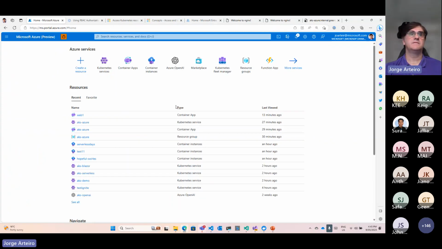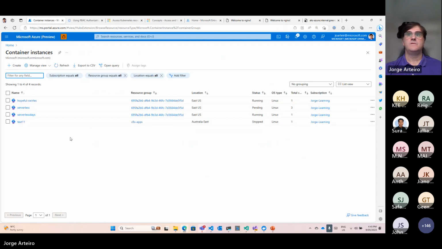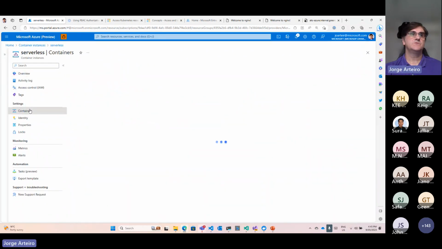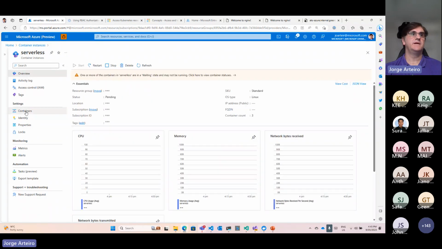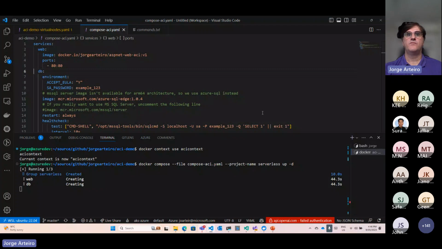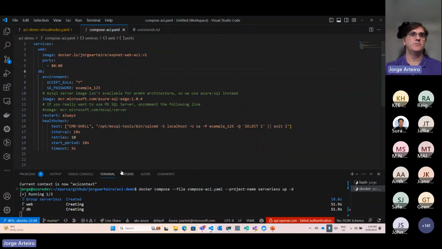I think I haven't done that before. I think pick this one. And then containers. There you go, web and DB. And then it's going to take some time to start. But that's the way that you can run multiple containers from Docker Desktop using Docker Compose.